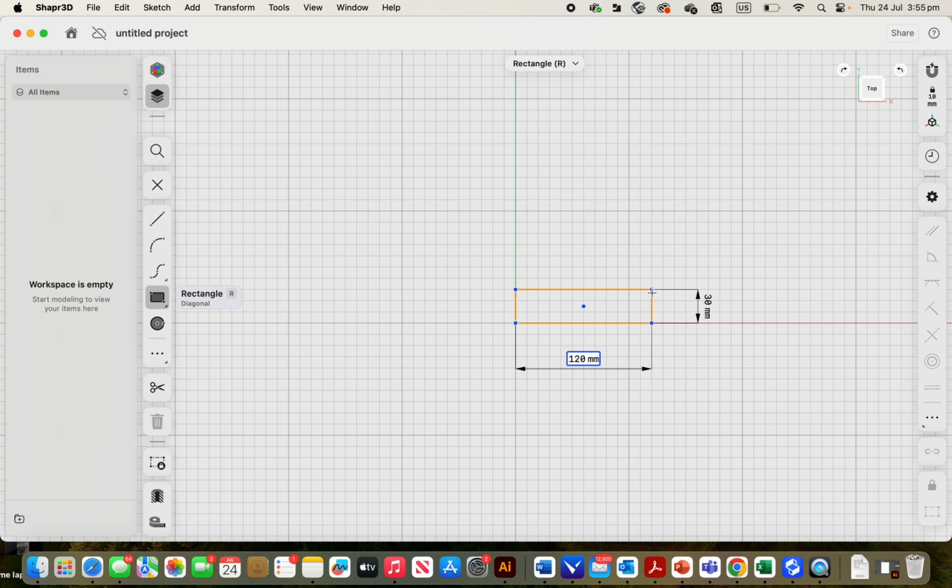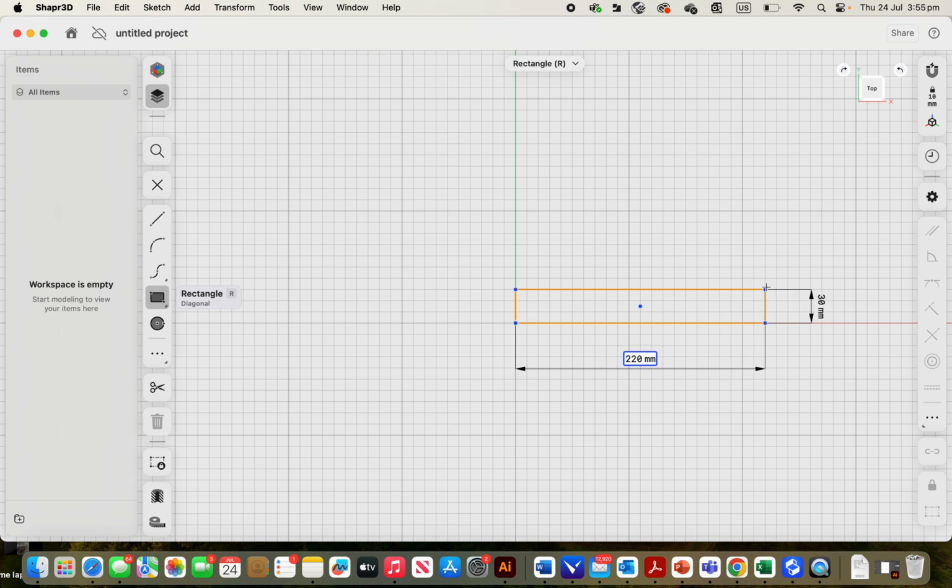Now, we want to produce one long side wall, or one wall of our box, and we want to make the long one. Now, the long walls are 250 millimeters long. And remember, this is the top view, so the length is going to be predetermined from left to right here. And as you can see, as you drag it out, that number in the blue box at the bottom